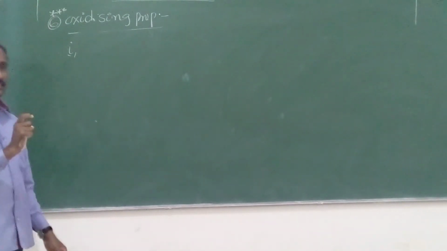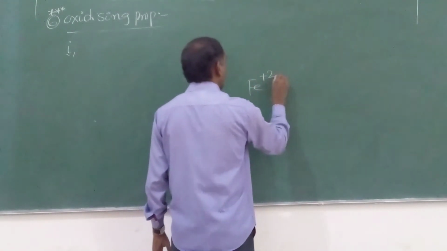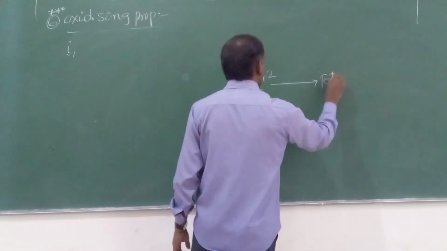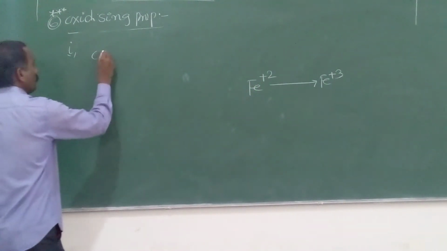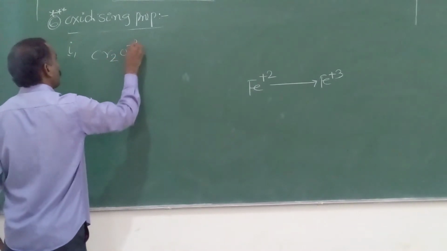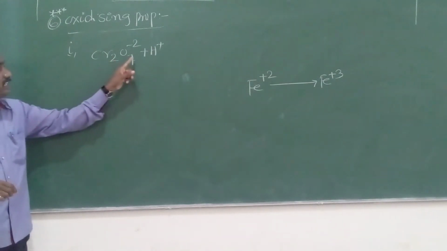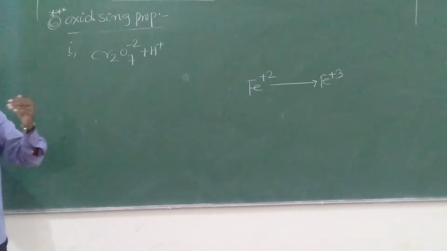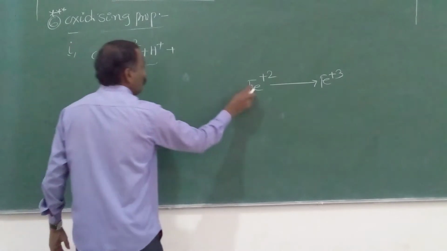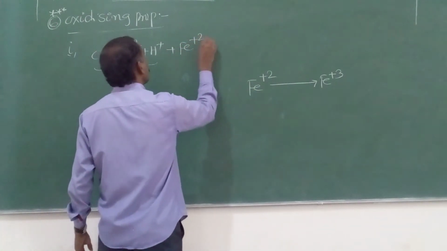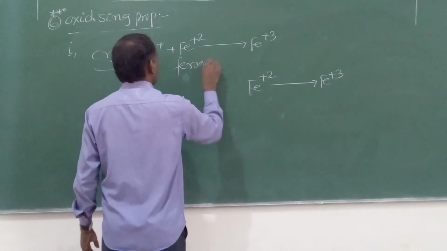Now, this is the first equation which I will discuss after I give you time. First of all, you should remember that acidified potassium dichromate oxidizes ferrous salts to ferric salts. Ferric salts means Fe3+. So, in ionic form we write Cr2O7 2- plus H+. Instead of molecular form, we write the ionic form because ionic reactions are fast reactions, and we can easily balance them. This is acidified potassium dichromate, which oxidizes ferrous salts to ferric salts. This is ferrous. Fe3+ means ferric.